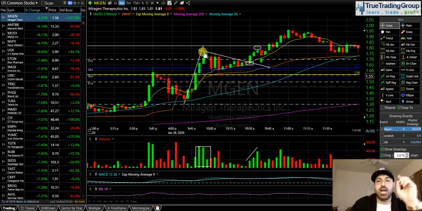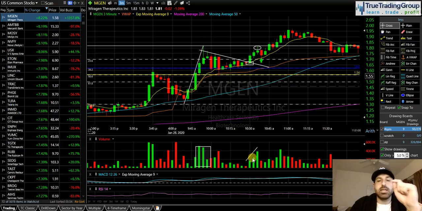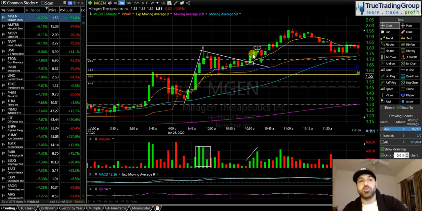When you get a breakout of a TTG triangle pattern like this, you want to see an increase in volume on the breakout of the triangle. If you get an increase in volume like this on the breakout of the triangle, the chances of the high of the day breaking increases. So the stronger the volume on the breakout of the triangle, the stronger the chance of the high of